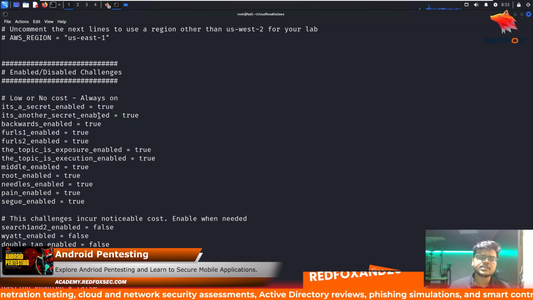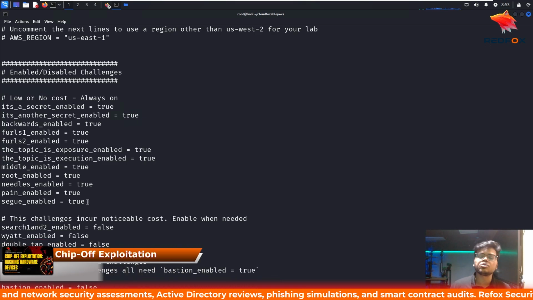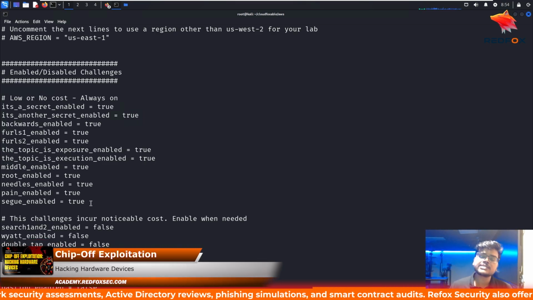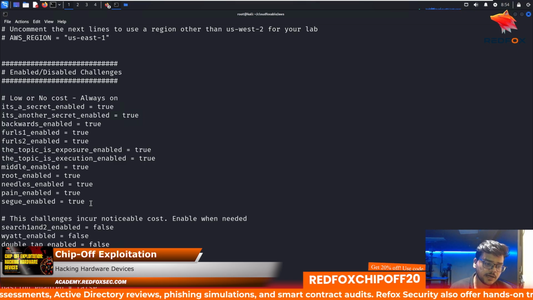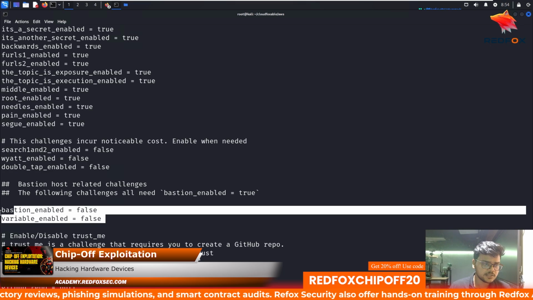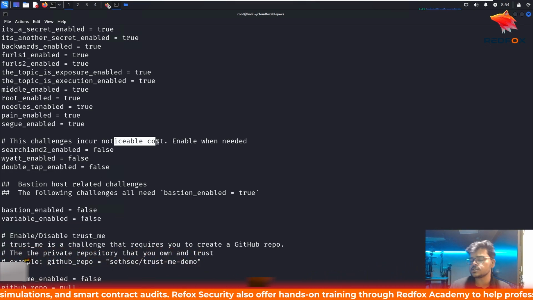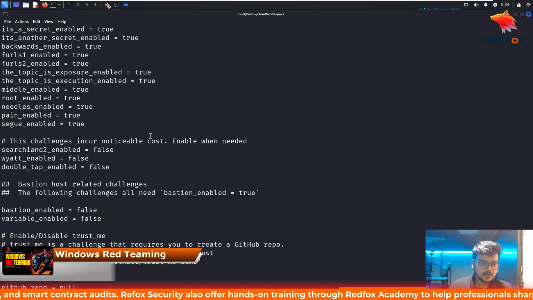Another thing about these challenges, as you can see, some challenges have a low cost or no cost associated with them, and there are some challenges which can increase the cost. So these are also there. I think these are the ones which have some noticeable cost associated with them. Okay. Anyway,